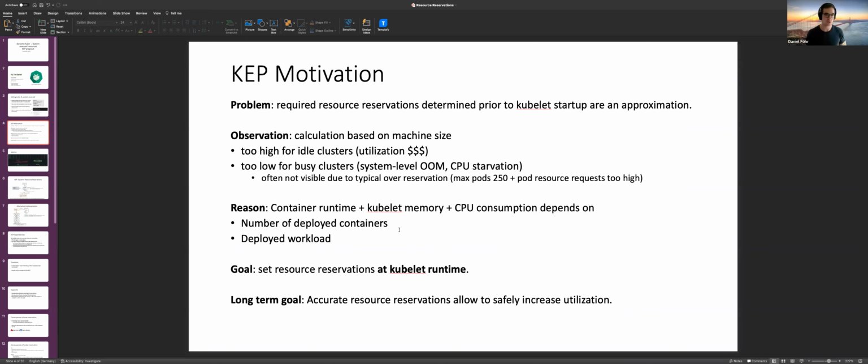So this is the motivation behind it. We're essentially operating Kubernetes as a service internally at SAP, and we have a bunch of clusters running. We have seen that the resource reservations that we are setting, with a similar heuristic based on max pods and these kinds of things, statically don't really reflect reality. For one, it depends on how many pods you're running, obviously,